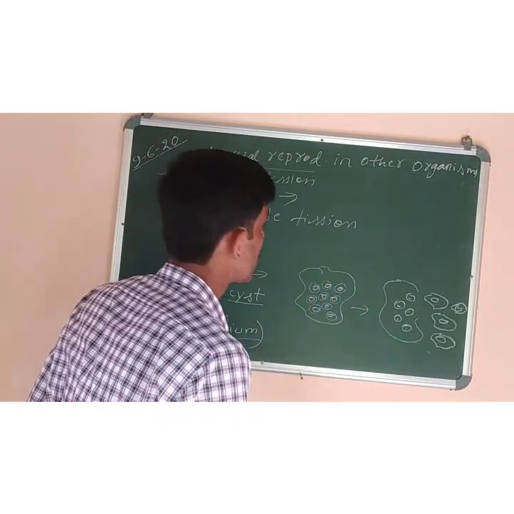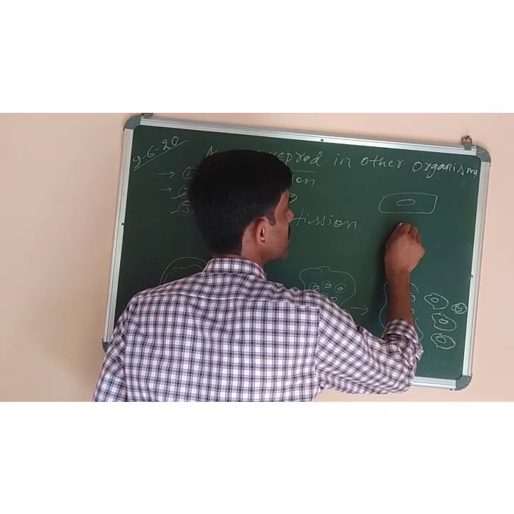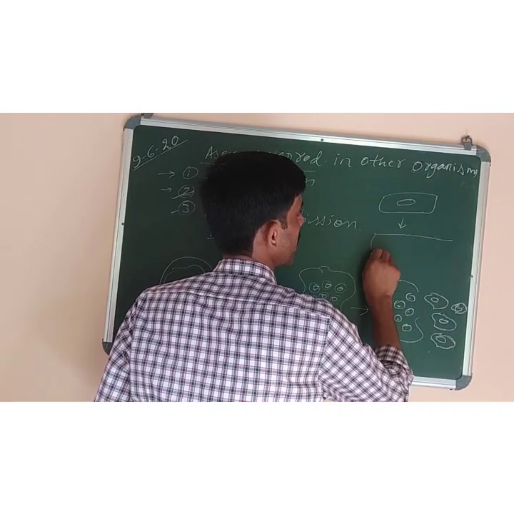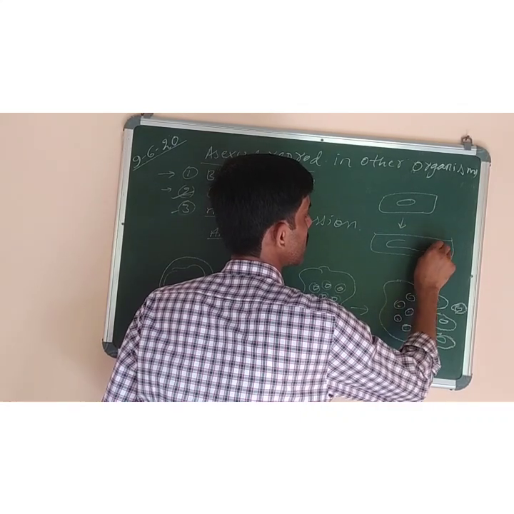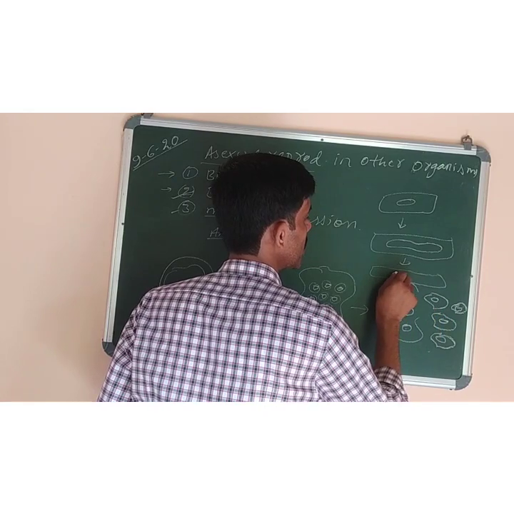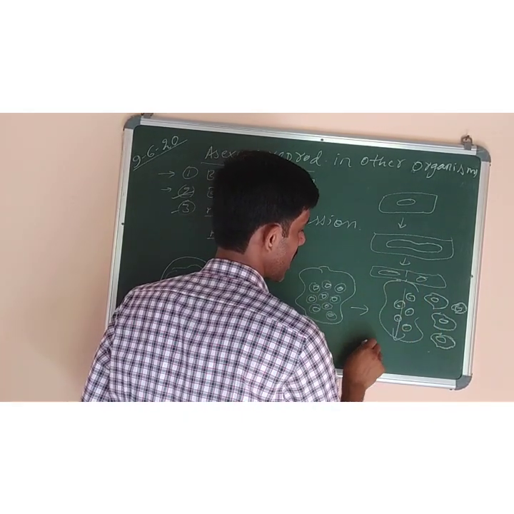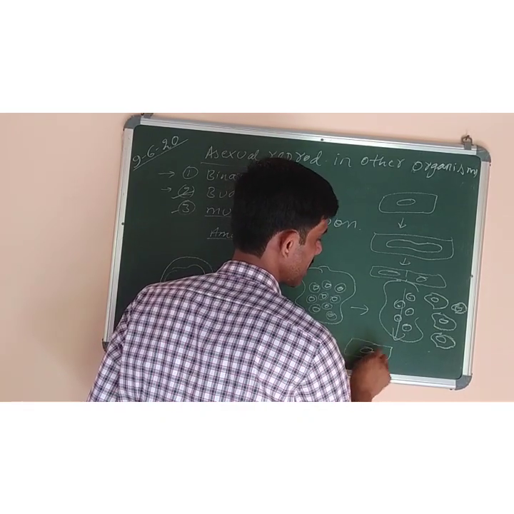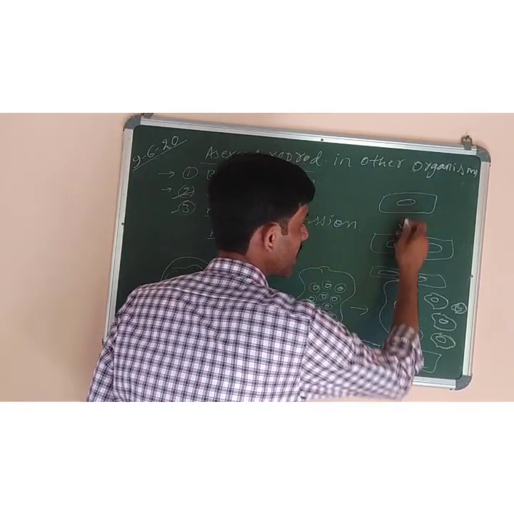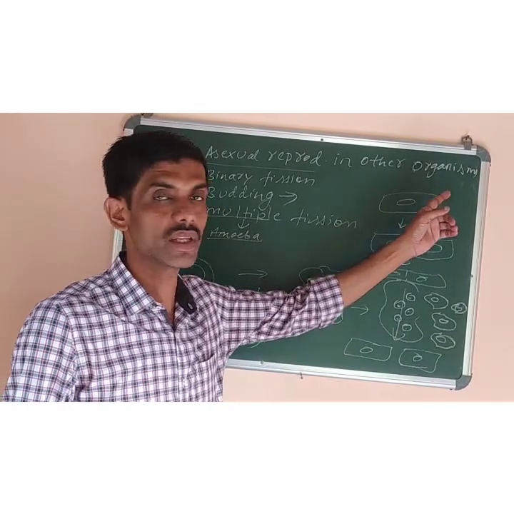So bacteria, how to draw? Like one bacterial cell you will draw first with the nucleus, then you will show the next step that the nucleus is dividing. Finally you will draw that two nuclei are produced, and then there is constriction of cytoplasm. At last, two separate bacterial cells are formed. So this is the diagram of binary fission in amoeba. You have to label also, this is the nucleus, this one is the cell wall.